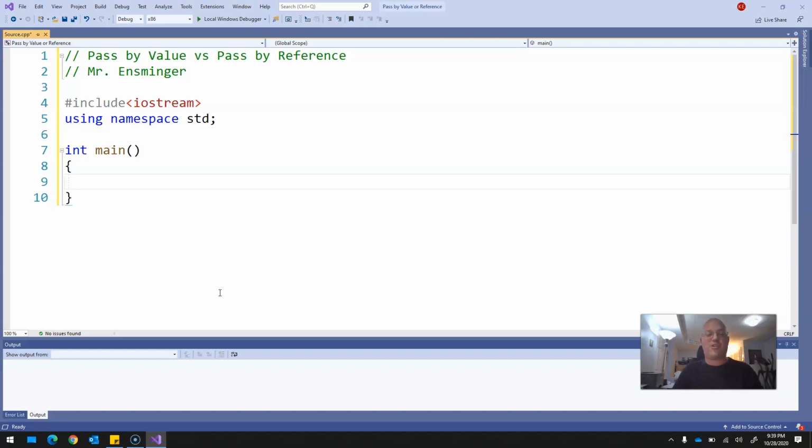We touched on variable scope a little bit. If we declare a variable inside of main, a function, it exists from that point to the final brace of main. So not very far because it's only one line away, but still. That's a local variable. It's local to that function. Much like if you recall back in Visual Basic, when you dimmed a variable inside of a sub, it existed